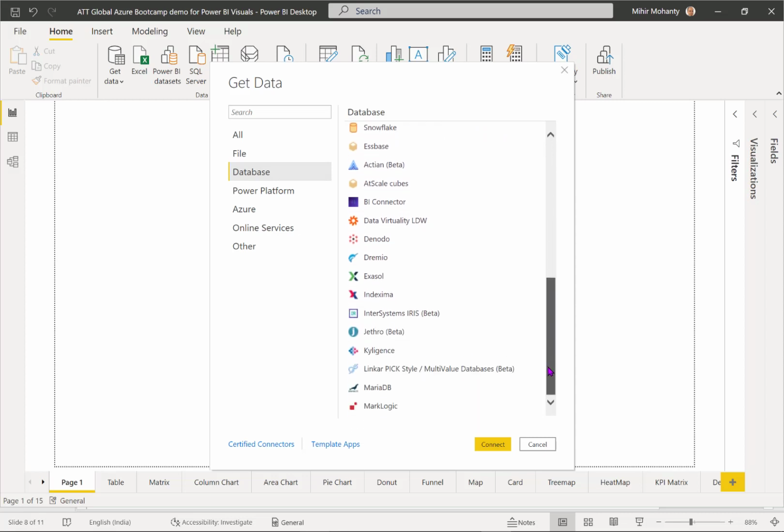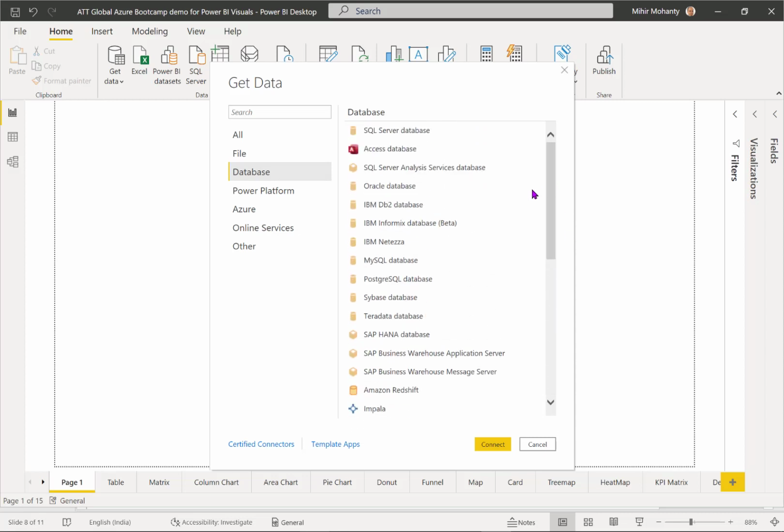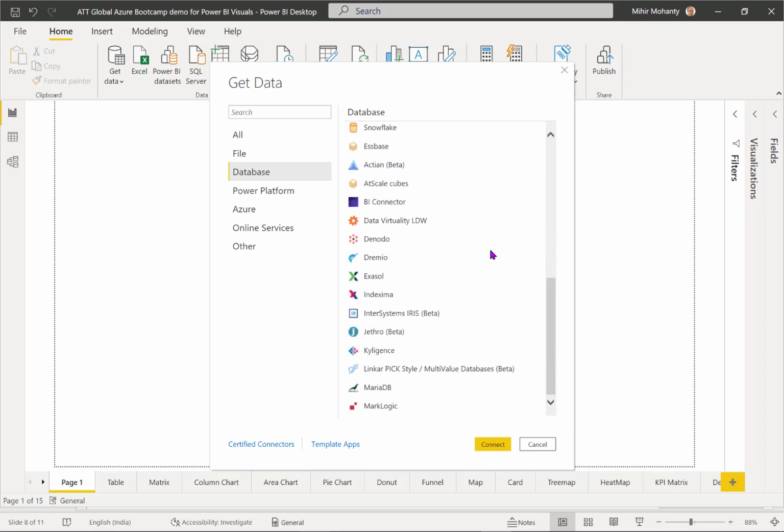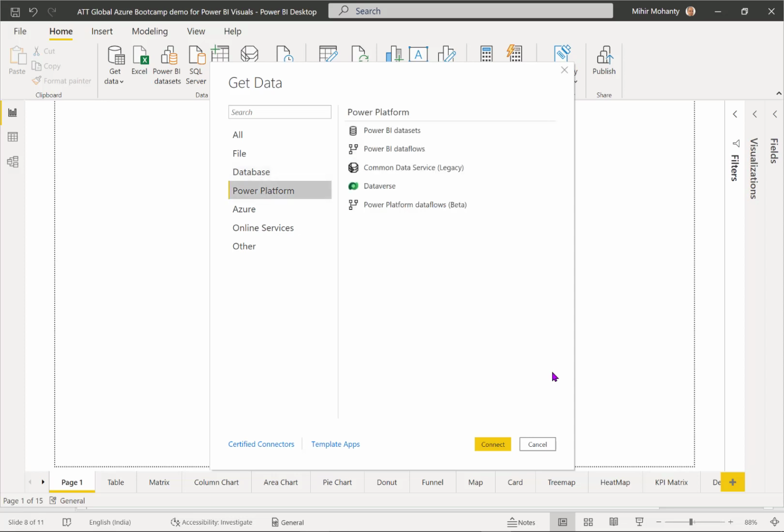And interestingly, there are both Microsoft database platforms as well as non-Microsoft database platforms supported here. That's where you can navigate and explore the whole set of databases supported on Power BI. Similarly, there is a list of the Power Platform sources which is supported.